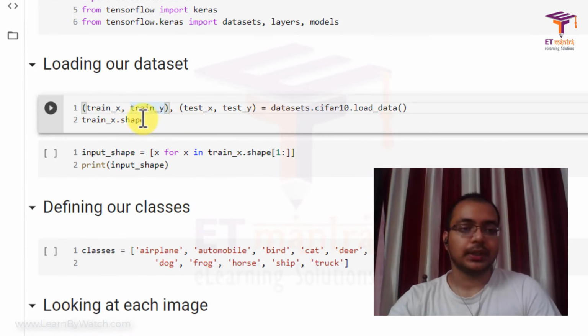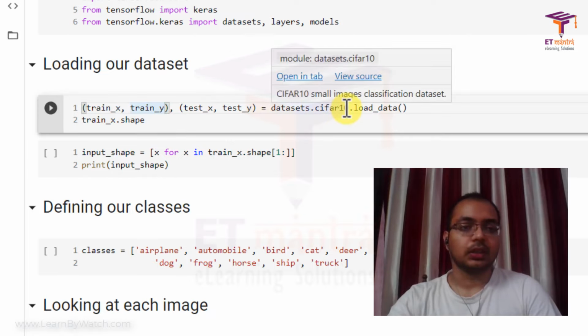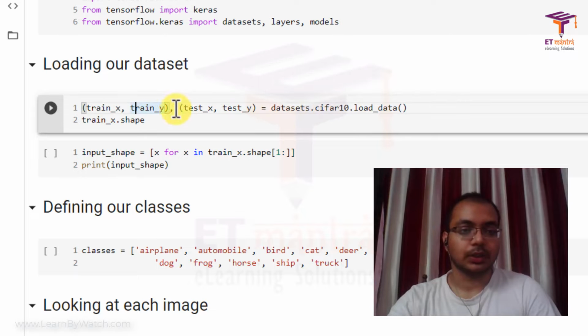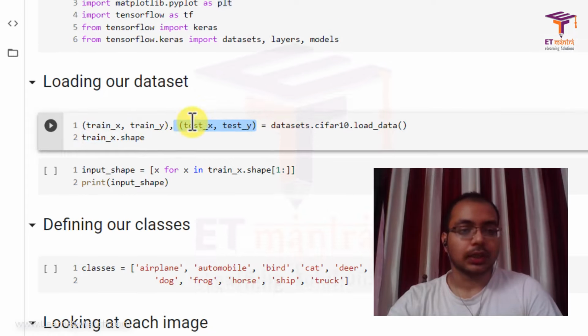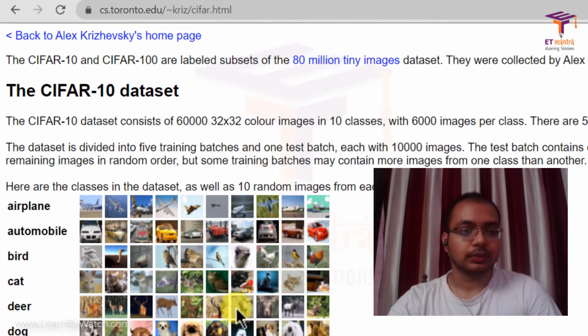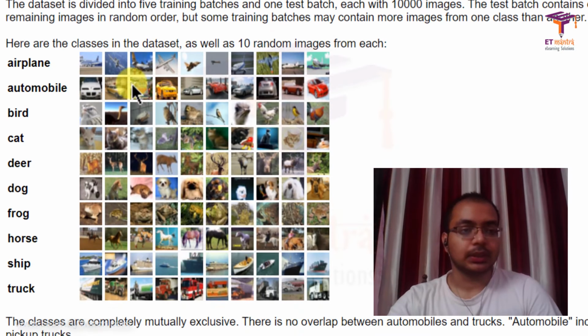Okay, next we load our dataset. I've used the CIFAR-10 dataset, which is already available in the Keras module. I've directly imported it from there and split it into train and test dataset. If you want to look at the CIFAR dataset, it is something like this.